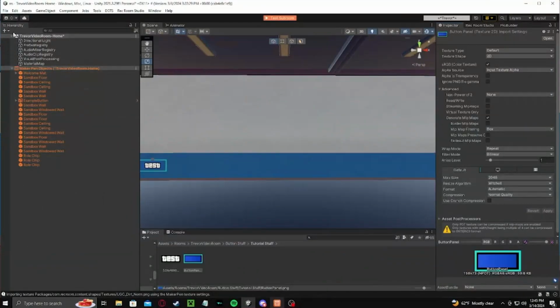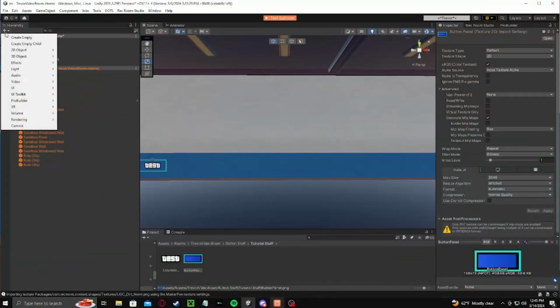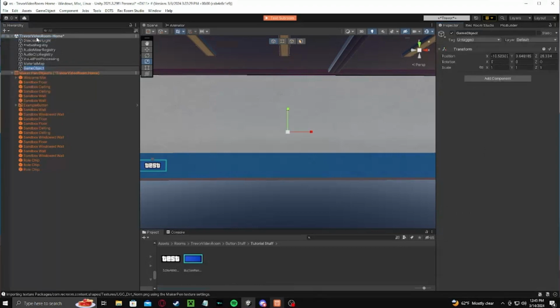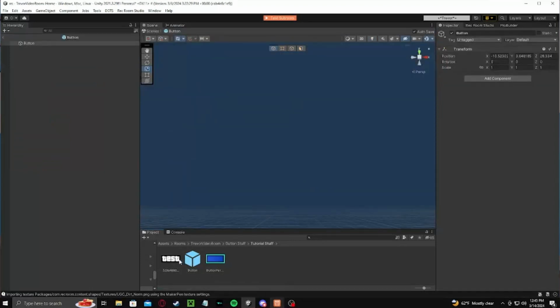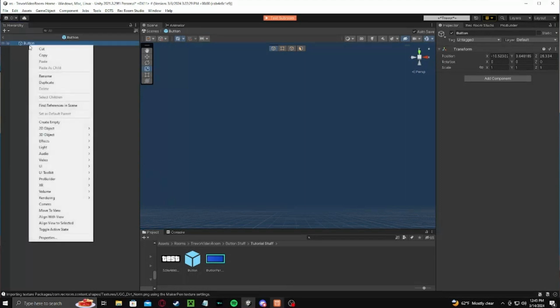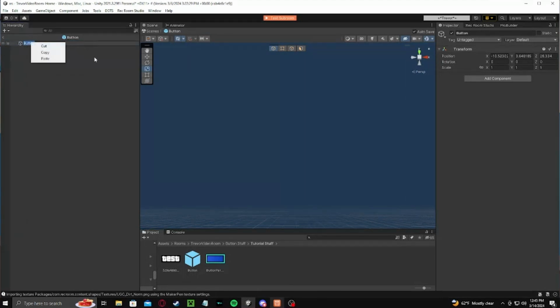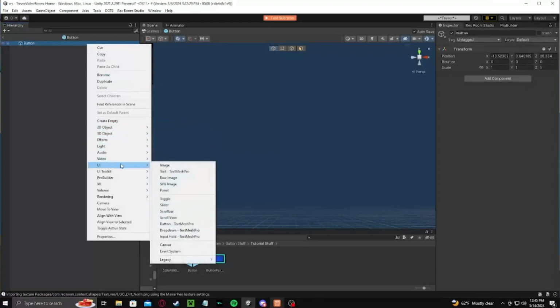So once you're here in Rec Room Studio, you first want to start by creating an empty. Once you've done that, you can name it whatever you want, but for this example, I'm going to call it button. Then once you've created your empty, you can drag that down here into your project folder. Once it's in your project folder, you double click on the button, and then you can right click button over here on the hierarchy, and then you go down here to UI, and then for this example I'm going to make a panel for my button panel I made,